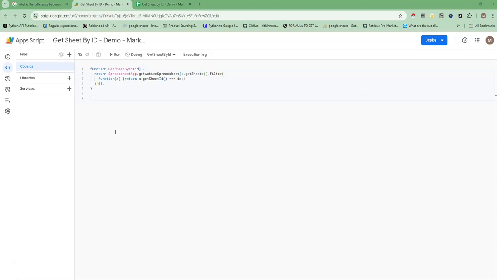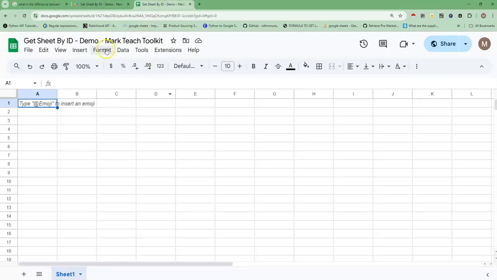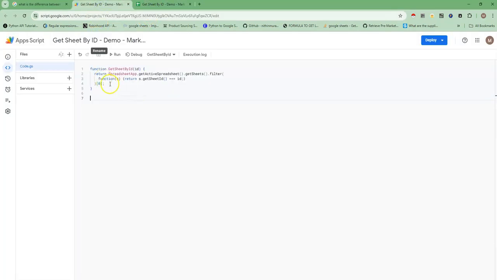In Google Sheets, you want to be able to reference a sheet by its sheet ID, not just by its name. And I'm going to show you why in this video. I'm going to show you how using this function, which I do provide to you. It's called GetSheetById, and you can actually get a copy of it from me and some other functions I've created